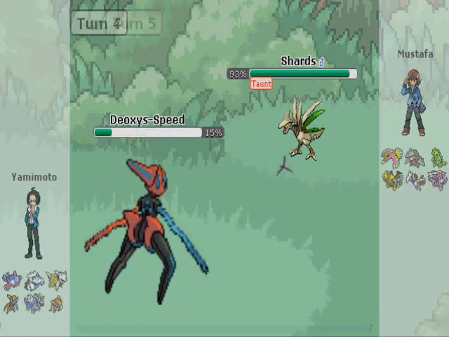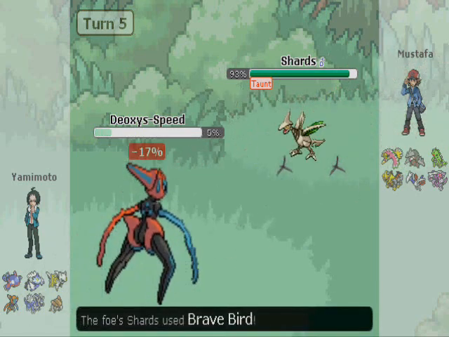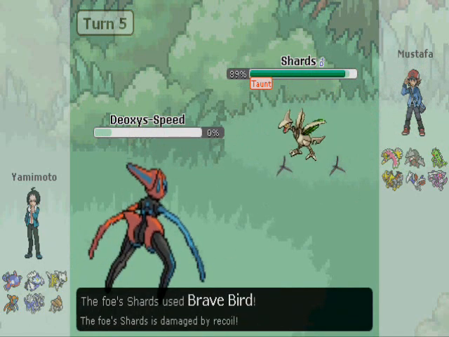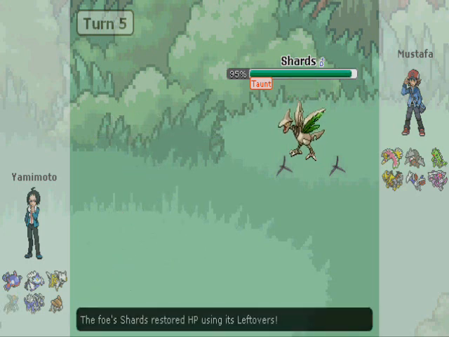But as you can see, I pretty much knew that Taunt was going to happen, so I'm just going to go for the Brave Bird, bring him really low, and after two Brave Birds, it is going to take out the Deoxys Speed. So he is going to be left with two layers of spikes,